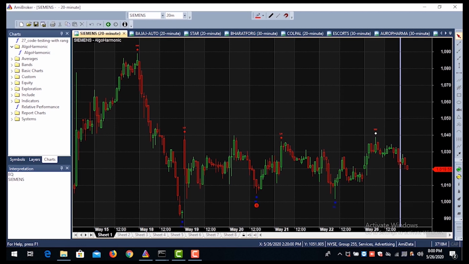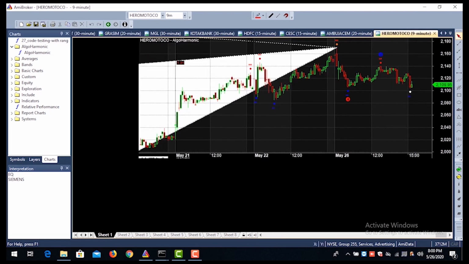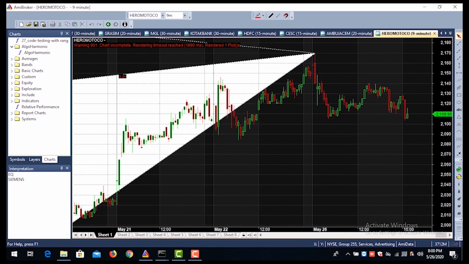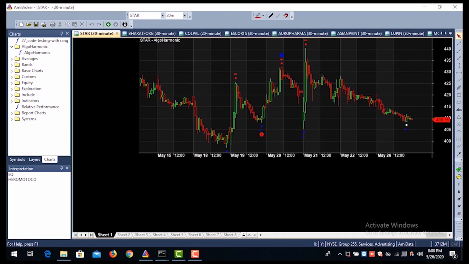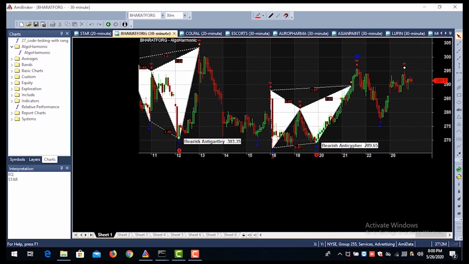Let us wait for it. See, it has moved to Hero MotoCorp, which is the last option which we had, because that was the first tab. So this is the last tab, and from here it will keep on moving backwards. So this happened automatically. No one is touching, nor am I touching the mouse. No need for you guys to sit in front of the laptop. This will keep the session active throughout the day if you are not sitting in front of the system. See, it moved to Star. So this keeps on changing so that it keeps the session active.